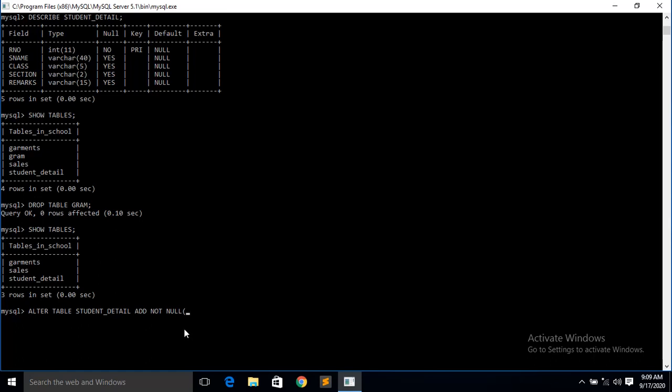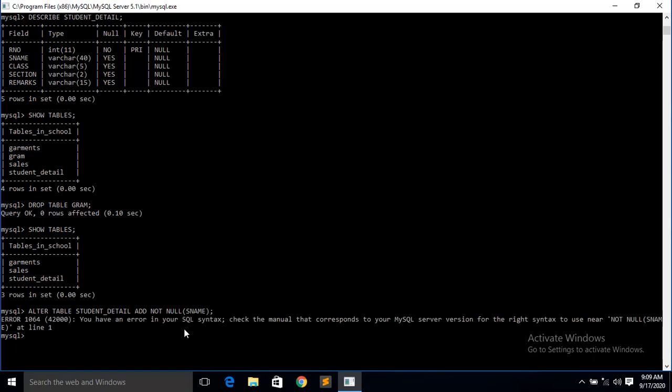So not null, where I have to add: S name, semicolon. So a big error is coming. Let me read. An error, check the manual that corresponds to your MySQL server version for the right syntax, not null. Have I done any mistake?